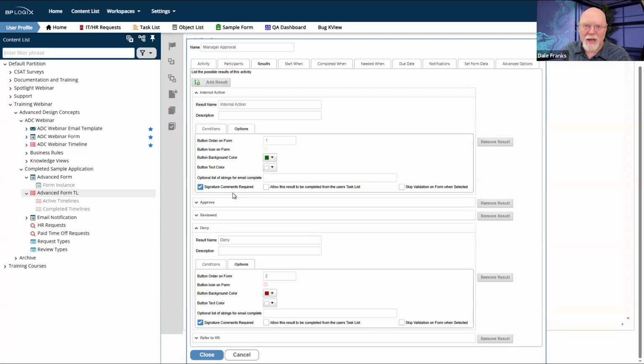Somebody is going to want to see that. And there needs to be a report on those signature comments somewhere, so that there is some oversight of why you denied a time off request. Or in the case of a complaint, why did you think that handling it internally was the best course of action? Maybe it wasn't. Maybe you chose that because you're trying to cover something up, and we might want to look into that.